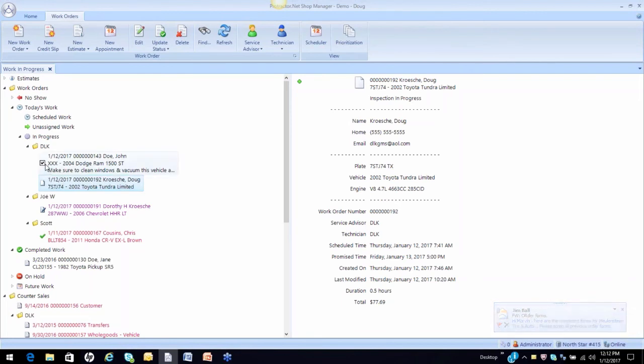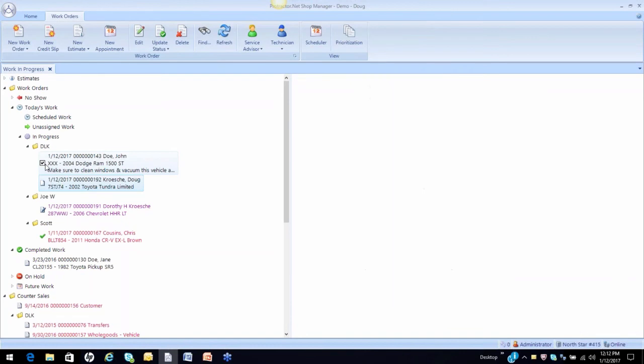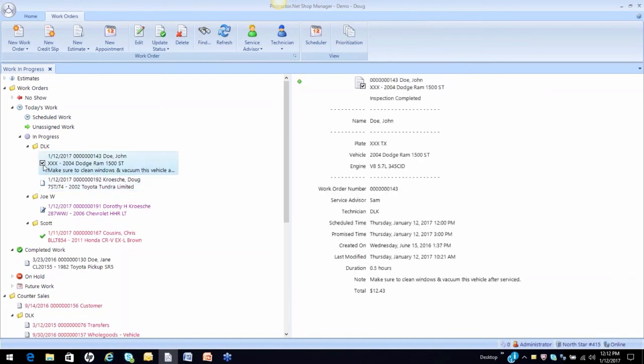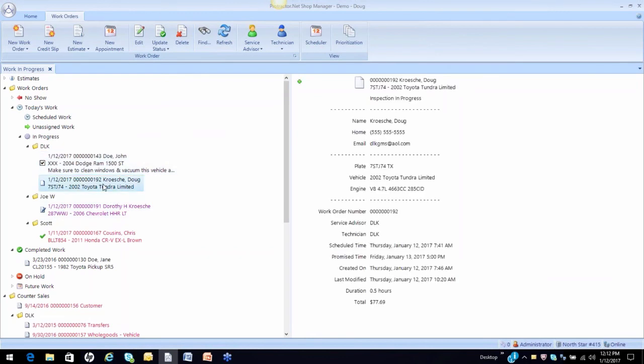Now, the way I learned these in the beginning is simply click on the job with the icon, and if you're wondering what that icon means, you can simply reference the summary pane on the right-hand side, which says, on this job, the check mark means the inspection is complete. As we showed on my job a minute ago, the inspection is in progress. So you will be able to see the actual wording behind the icon by looking at the right summary pane of each work order.